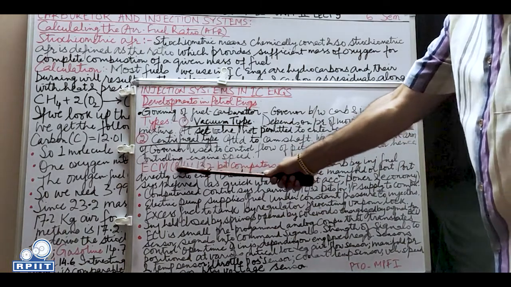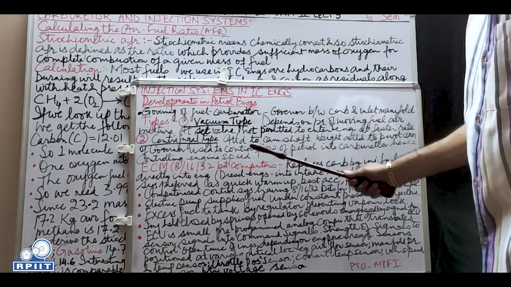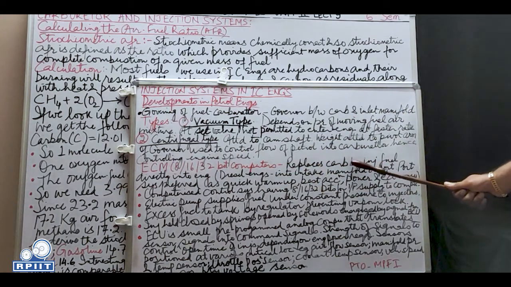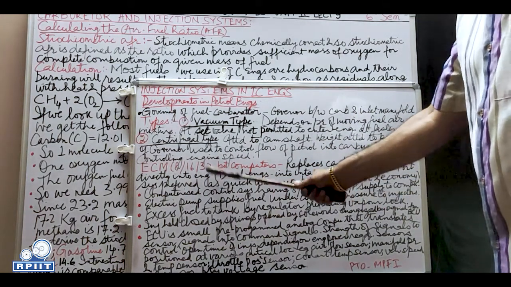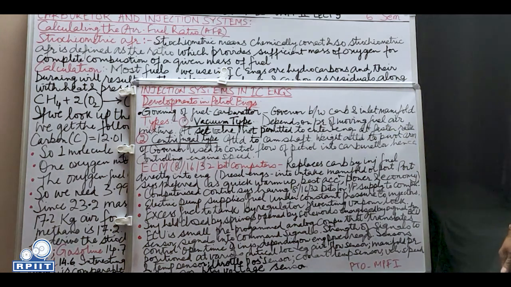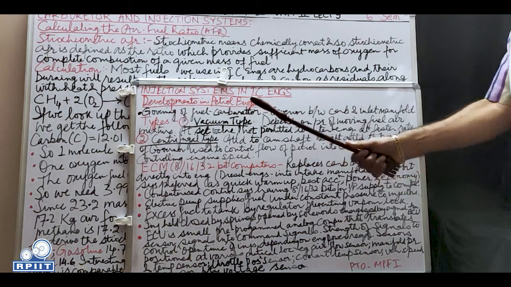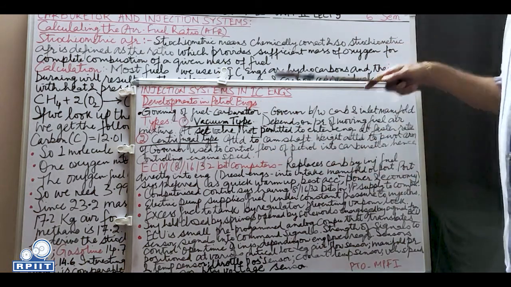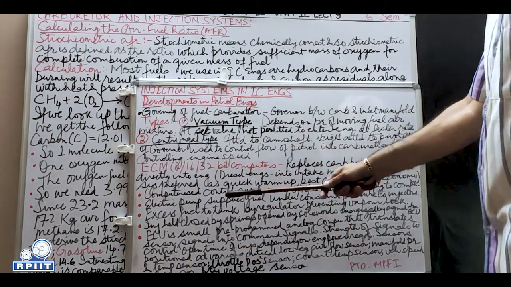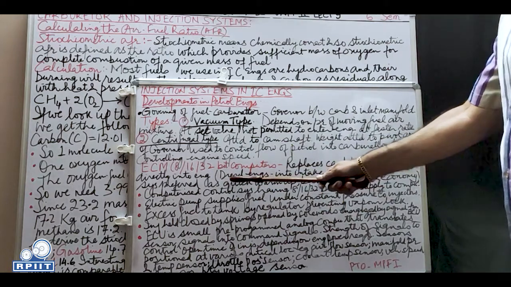ECM is called the 8, 16 or 32-bit computer. It replaces the carburetor by injecting fuel directly into the engine. The carburetor supplies fuel indirectly to the manifold. Here it goes directly into the engine cylinder. In diesel engines,